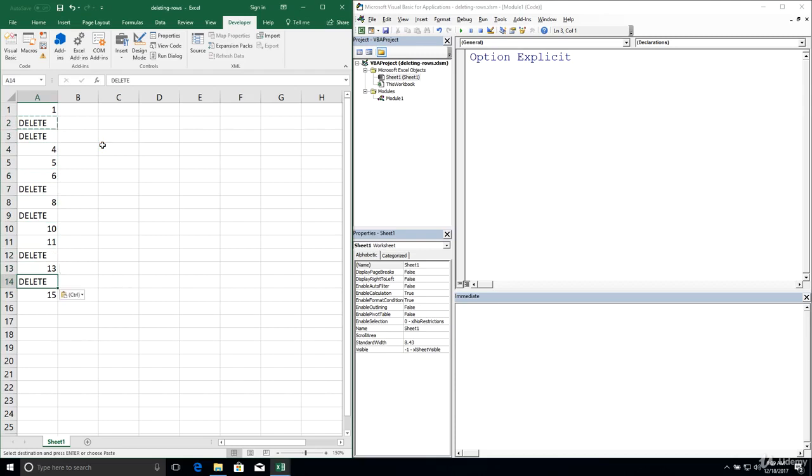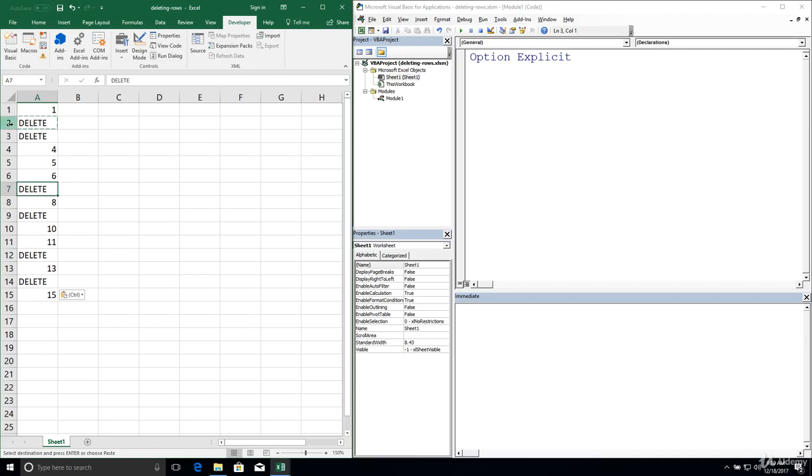All right, so we want to write a macro that's going to iterate across these rows and delete whichever rows have the value delete in column A. So you might think that we can just write a regular for loop that's going to go from row number 1, or a value of I equal to 1, all the way to row 15, which we can dynamically calculate, and delete that way. And that'll work sometimes, but it's not going to work all the time. It's actually going to run into an error. And let me show you what's going to happen.